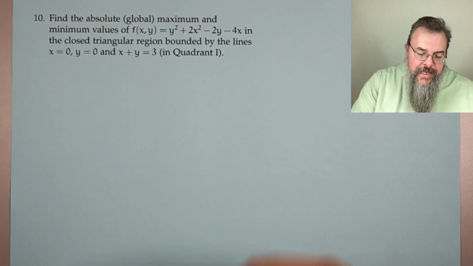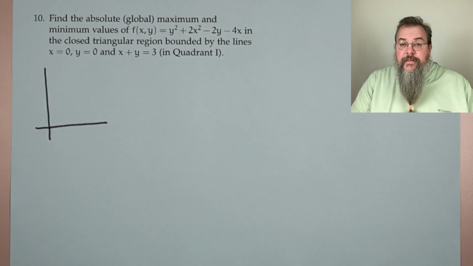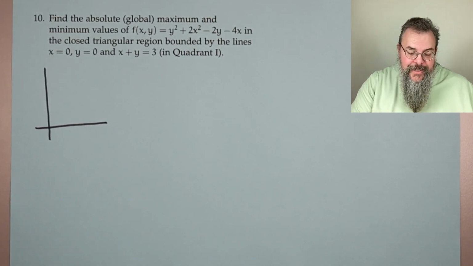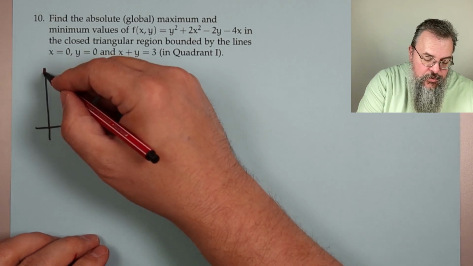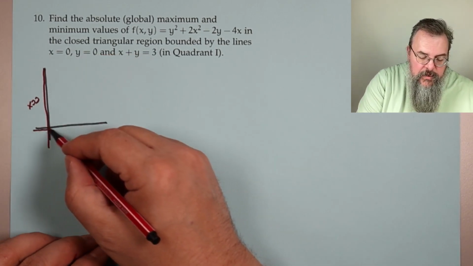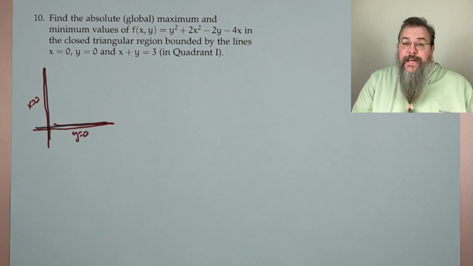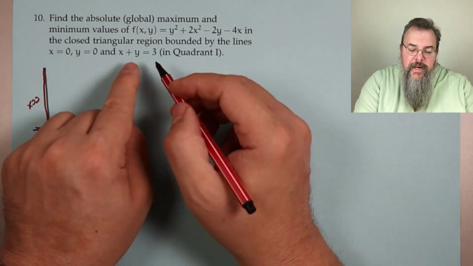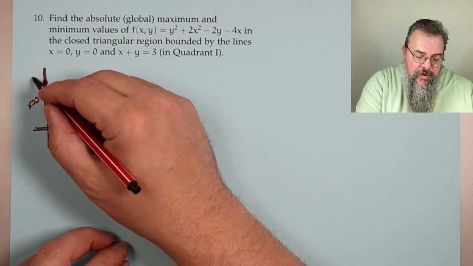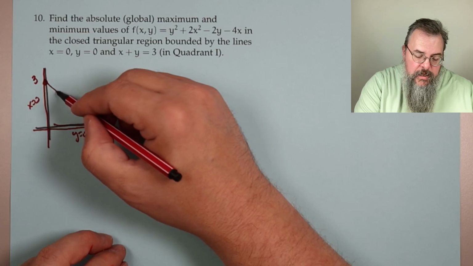Okay, so let's just sketch what's going on. So we have x equals 0, also known as the y-axis. So we have this line here, x equals 0. We have y equals 0, also known as the x-axis. And x plus y equals 3. One way you can write that is y equals 3 minus x. So it has intercept up here at 3, slope of minus 1,